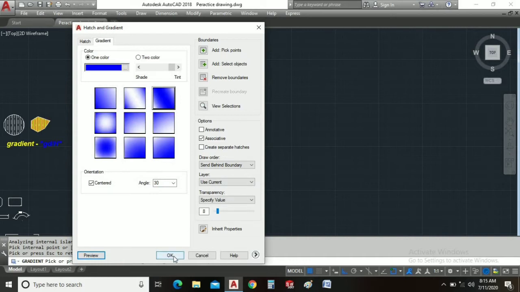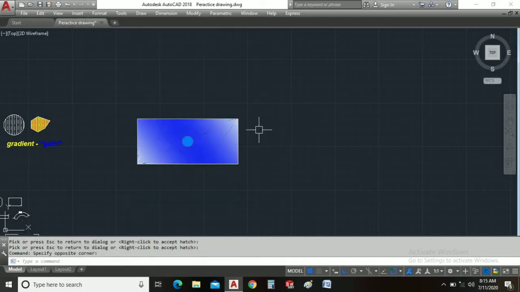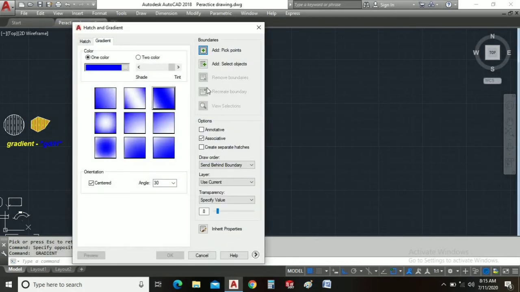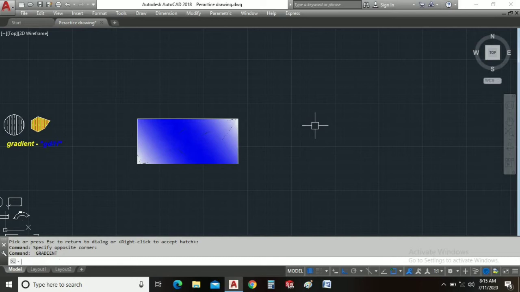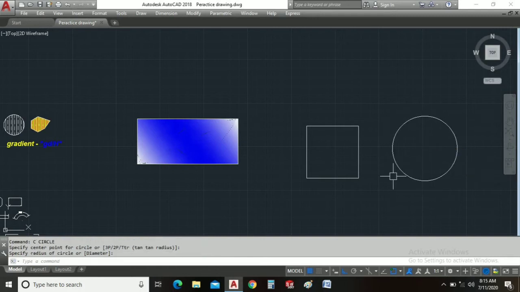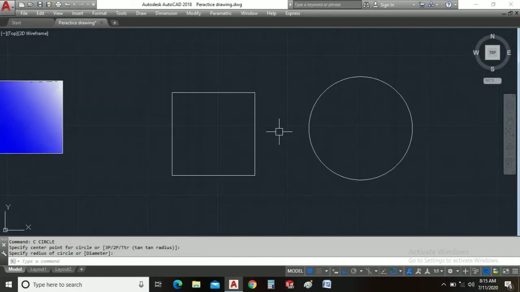Once you click OK, our gradient has been done, something like this. Let's draw one more rectangle, and let's draw a circle here. So guys, these are the two things.